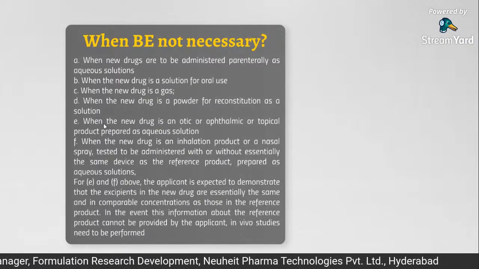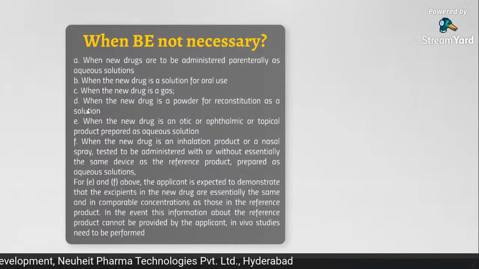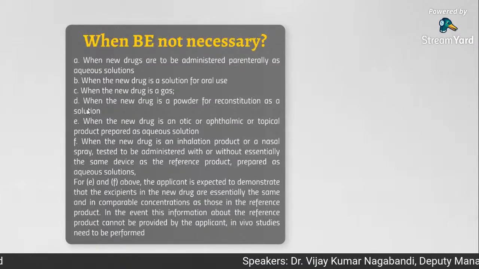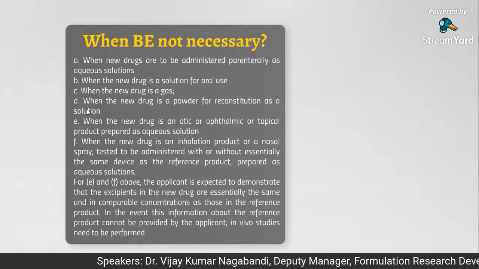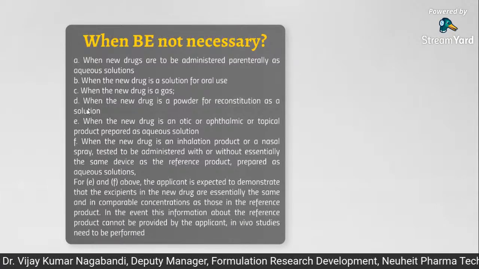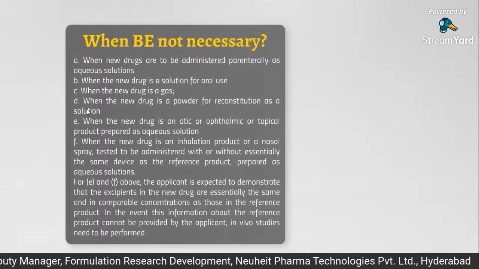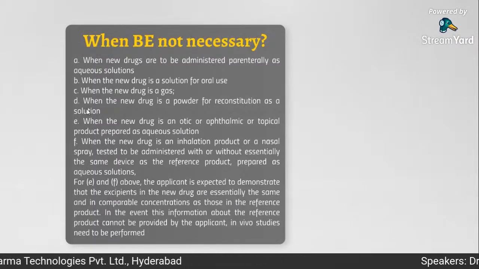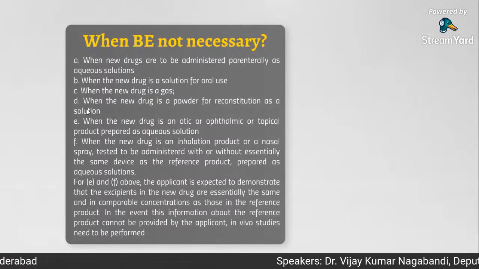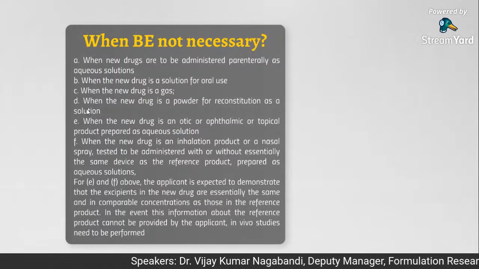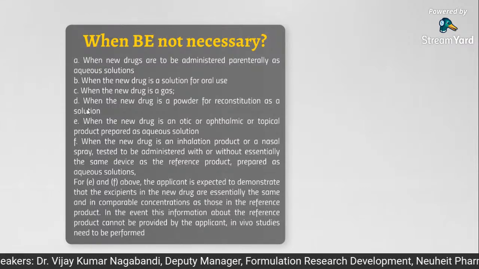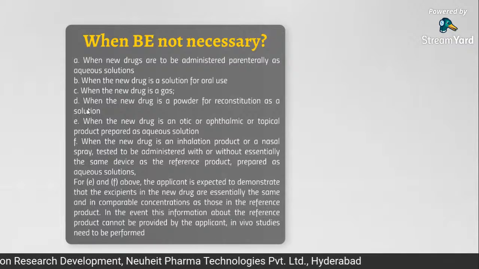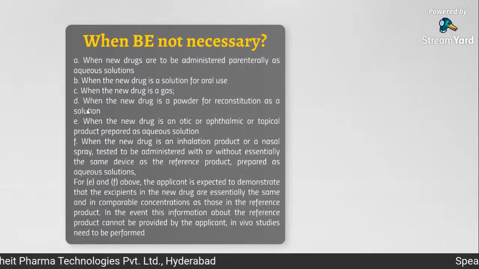But provided under all these circumstances, the API present in your formulation and the reference formulation should be the same, because it should be chemically equivalent and pharmaceutically equivalent. That should be remembered. Qualitatively and quantitatively, it should be the same as that of the innovator. Then only the biowaiver can be applicable here. I mean, bioequivalence testing is not necessary under these circumstances. So your formulation should be pharmaceutical equivalent, chemical equivalent, and at the same time have the same qualitative and quantitative composition as the innovator formulation. Then only bioequivalence can be exempted.